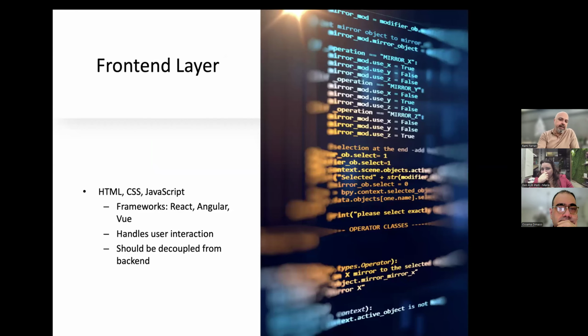The front end layer is always HTML, CSS, and JavaScript. You need to be a little bit familiar with these. HTML describes what exists on your front end, on your page. The CSS says how these components look, the colors, the fonts, etc. And the JavaScript basically controls the behavior of your front end layer, which is basically, if you click on this button, something disappears, animations, etc.